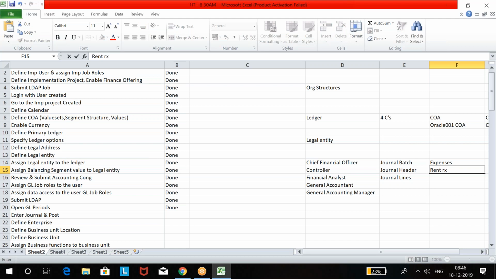I'll create rent expense as one journal, telephone expense as one journal, car rent expense as one journal. This is office rent. Same way we can create different journals under each batch. That means for each batch you create, there is the option to create multiple journals under it. You got the point?